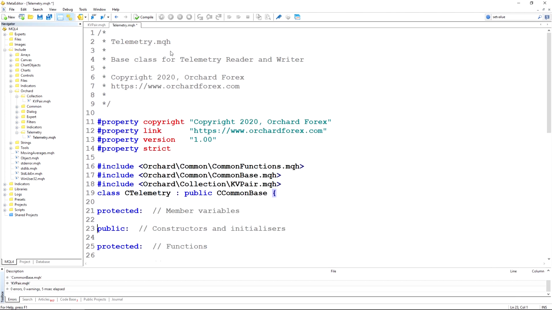Now I have the telemetry class on screen. Again, I've created the initial comments. I've included the common functions for Orchard that we had last time. I've included the common base class because I want to inherit from common base, and I've included the KVPair file that we just created. So here's my class declaration: C telemetry inherits public from C common base,